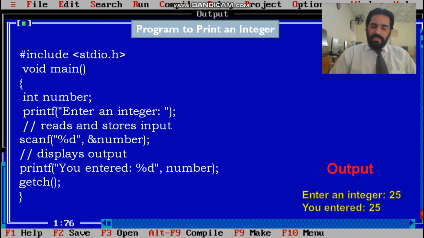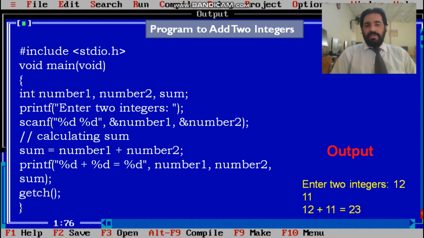So let's have another program. This program is about adding two integers. In the previous program, we were taking input from the user to print an integer. Now we are adding two integers. Similarly, include stdio.h, a library.